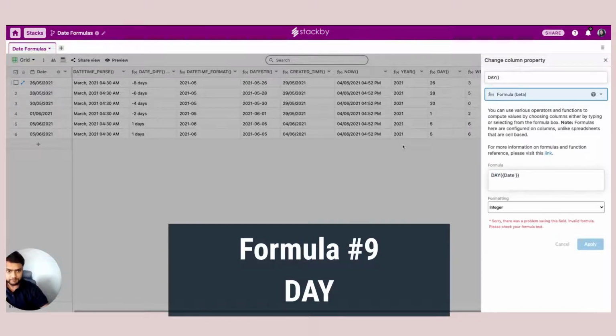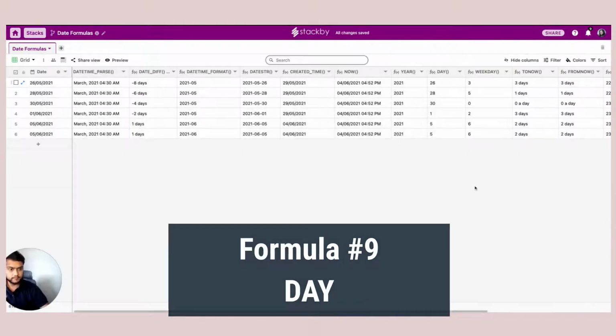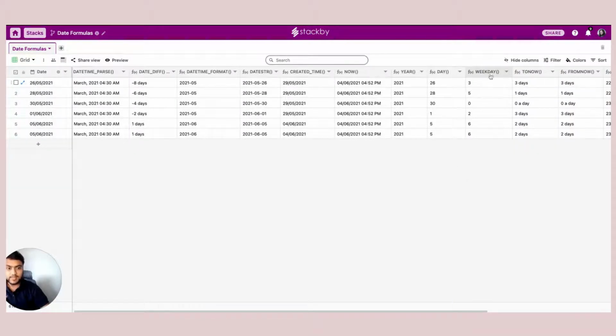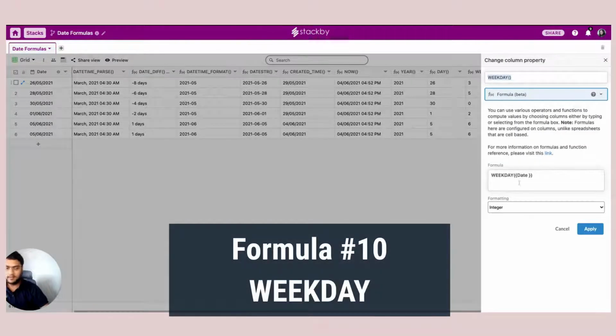It pulls in that information. Same if you want to calculate the weekday, what was the weekday of that particular date? Just use the weekday function and use the date as a reference.